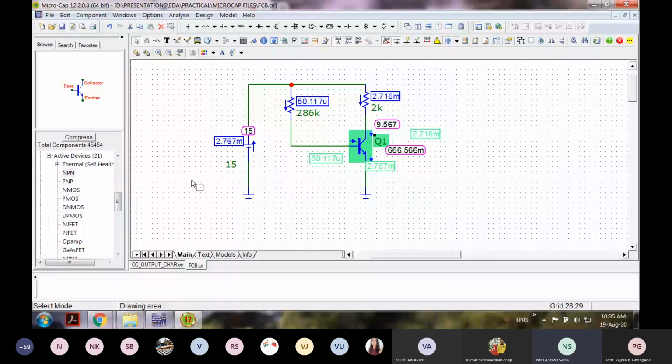Sir, how do we set the probe in Microcap? Here you have the node voltage; just click on that, and the currents. That's all. You can have the power and all those things also. But here we are interested in the node voltages and the currents flowing through each and every component. Unlike Multisim, you don't have selectivity of placing the probes. What you will see is all the currents and the voltages at all the nodes, so don't get confused with the different values. All right, so that is it.